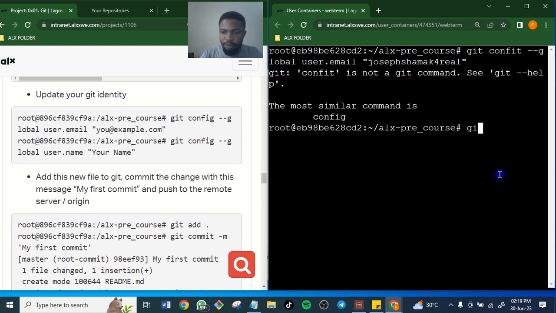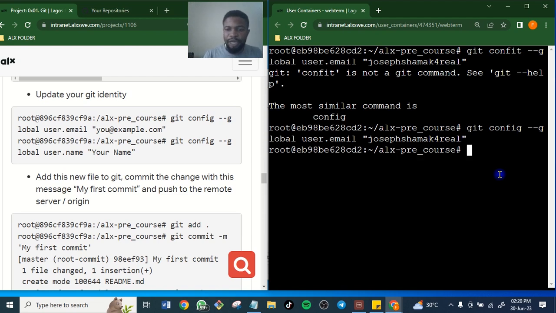Git, be very careful of what you're writing. git config --global user.email. Enter. You already have it, you are updating it.